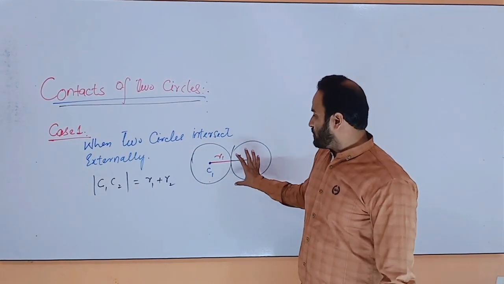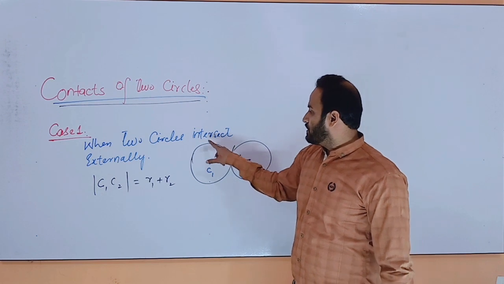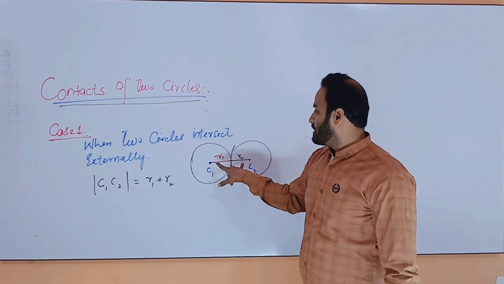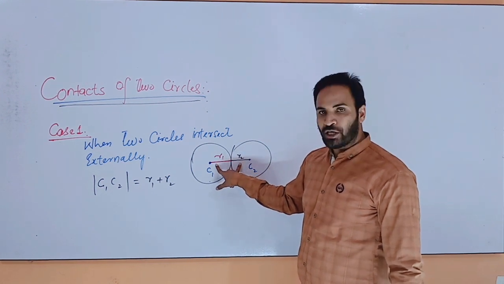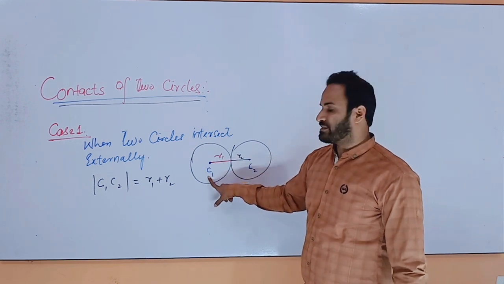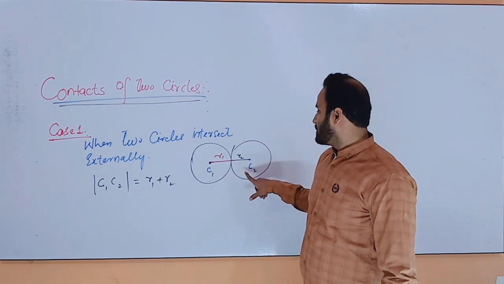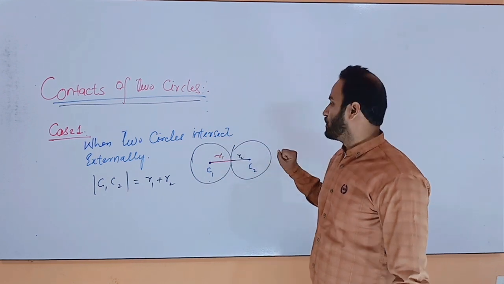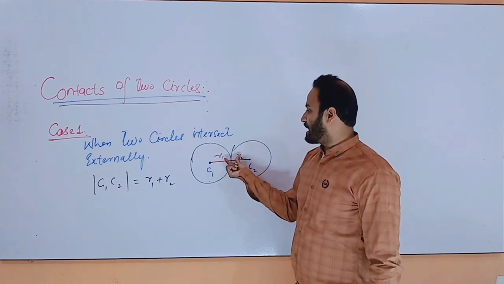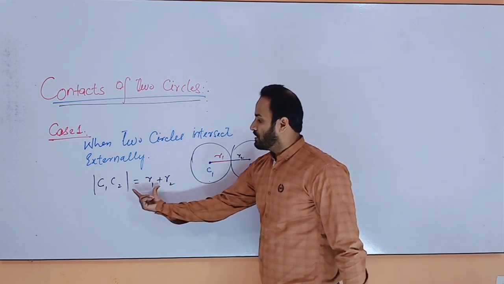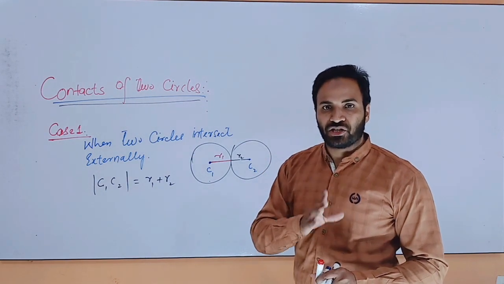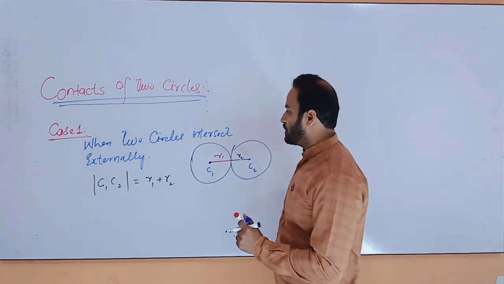According to the geometry or shape, you can see here, when circle 1 intersects circle 2, then the sum of the radii should be equal to the length between the centers of the circles. C1 is the center for circle 1, C2 is the center for circle 2. Then if the distance between the centers is equal to the sum of the radii of both circles, it means the circles will intersect each other externally. Okay, case 2.